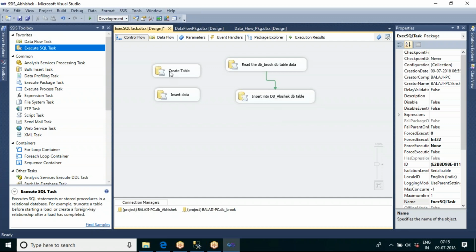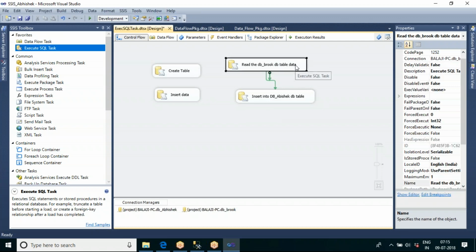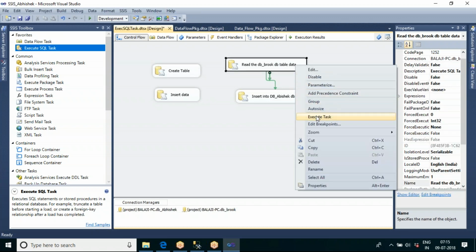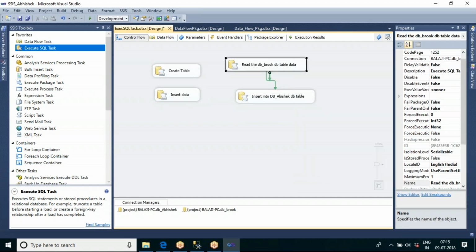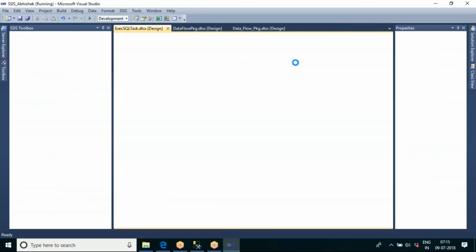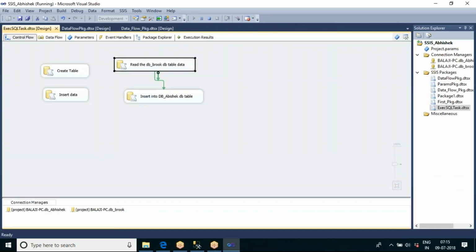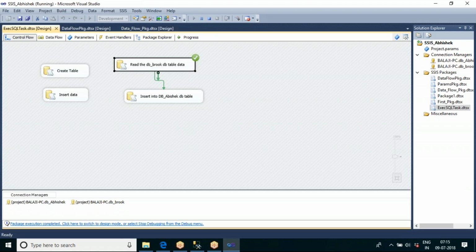I don't want these two to execute, I want only these two. If I execute this alone, you can see it will just execute the task and it will stop. It won't continue to the next one, because we are just executing this task alone.